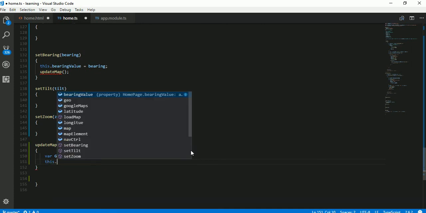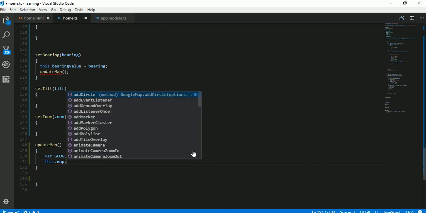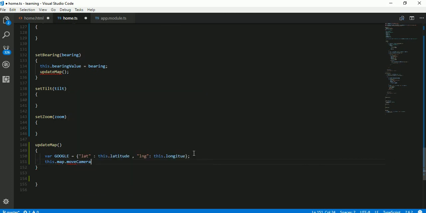So I will call this.map.moveCamera, and inside the camera method